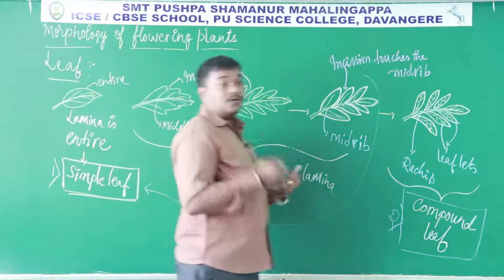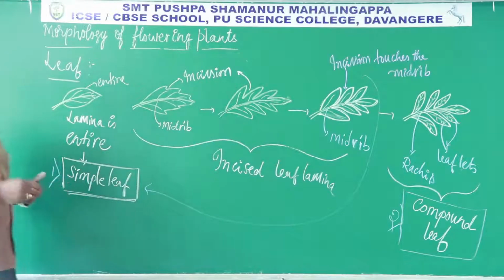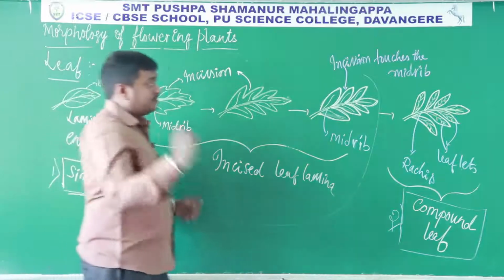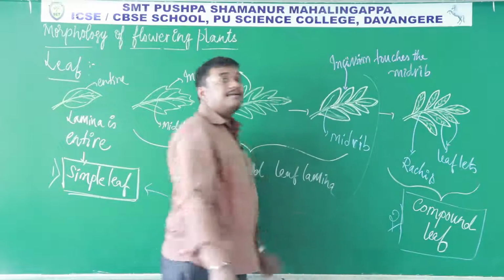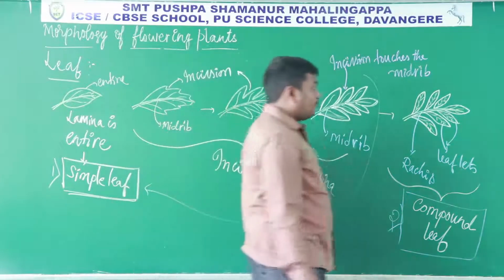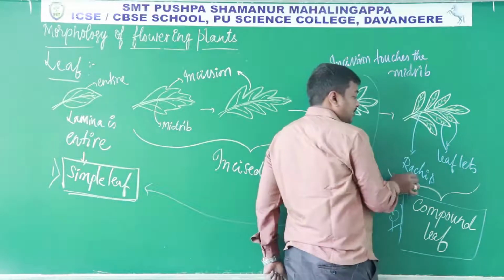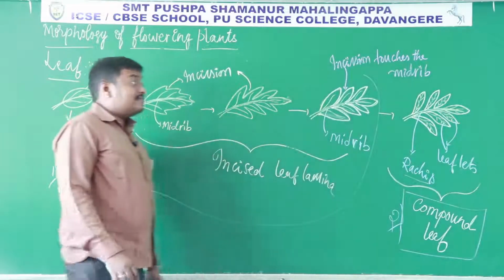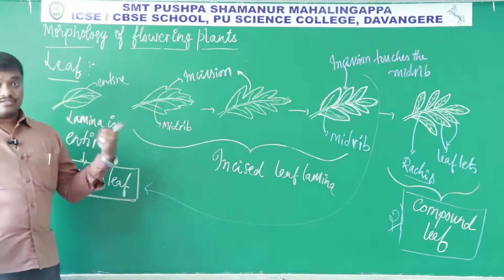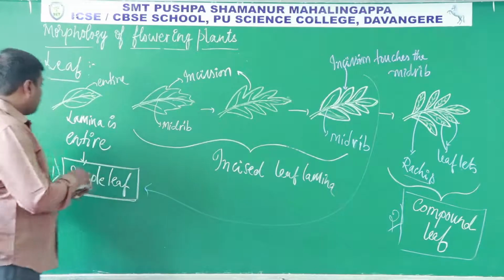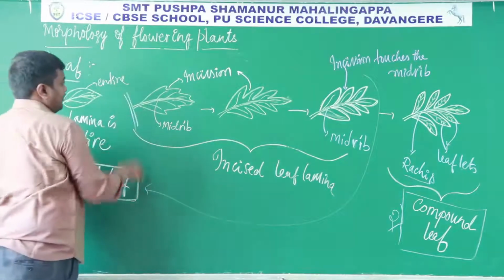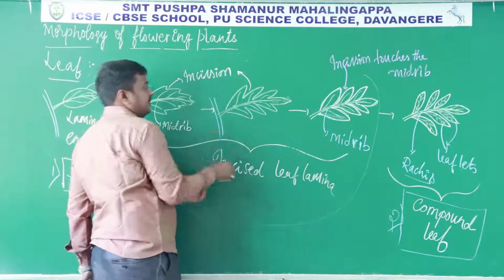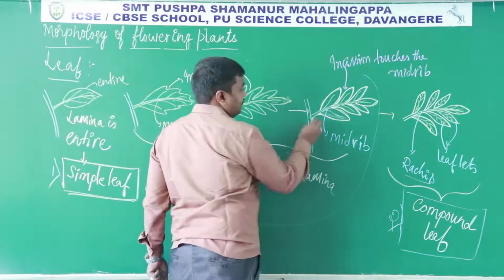So this is about how the lamina is divided into small leaflets. And you should notice here one thing, here in the simple leaf that prominent midrib is present, but in case of compound leaf we are not going to call them as midrib, instead we call it as rachis. Okay, and one more thing I need to tell here, at the axil of leaf, at the axil of leaf,